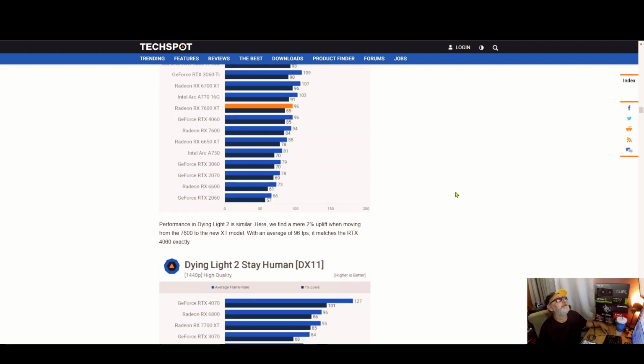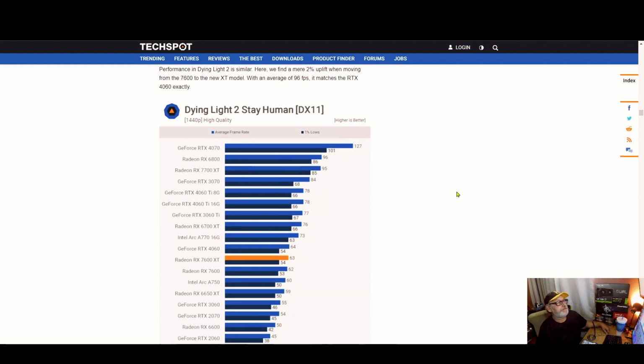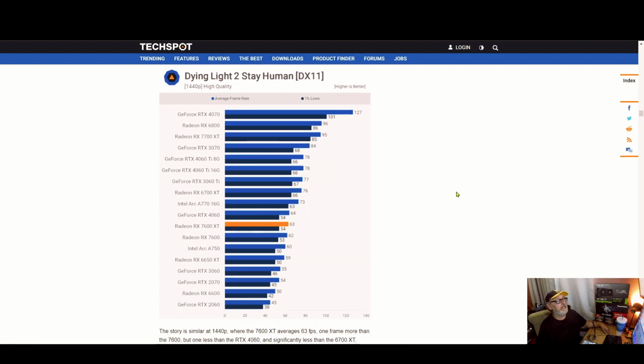Moving on. Dying Light 2, Stay Human. DX11. The 7600 XT is 63 on the high and 54 on the low. Right on its heels, within a 1% margin, would be the 7600. Now, right above that, it looks like the 4060 took the lead by maybe 1 point on the high,